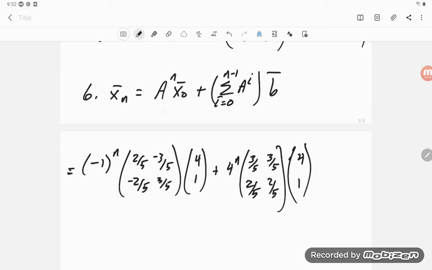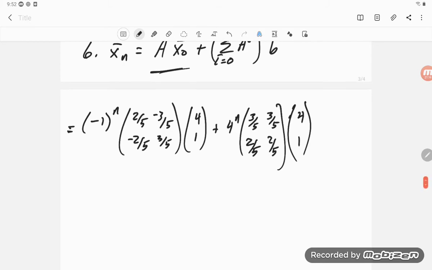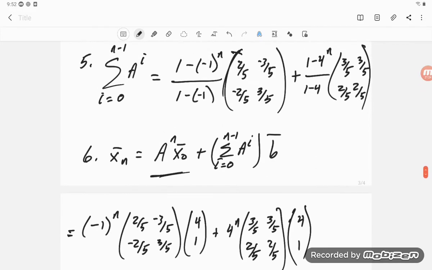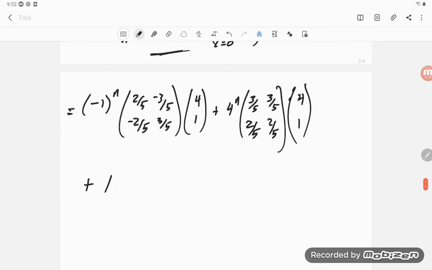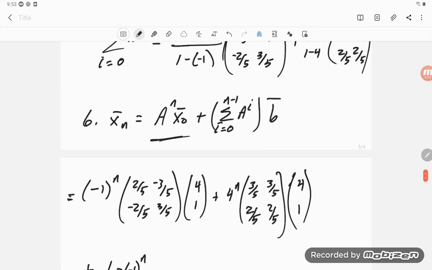Okay, so I've gotten the a_n x0, and now plus, I have that summation and each times b, and so I have the 1 minus a -1 to the n over 2, 1 minus -1, and